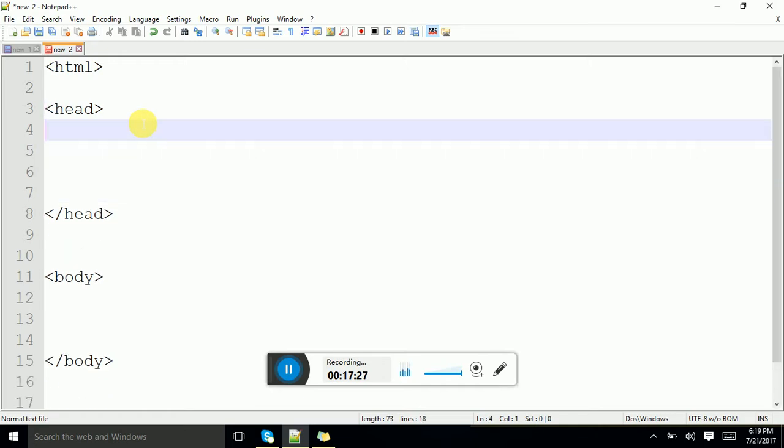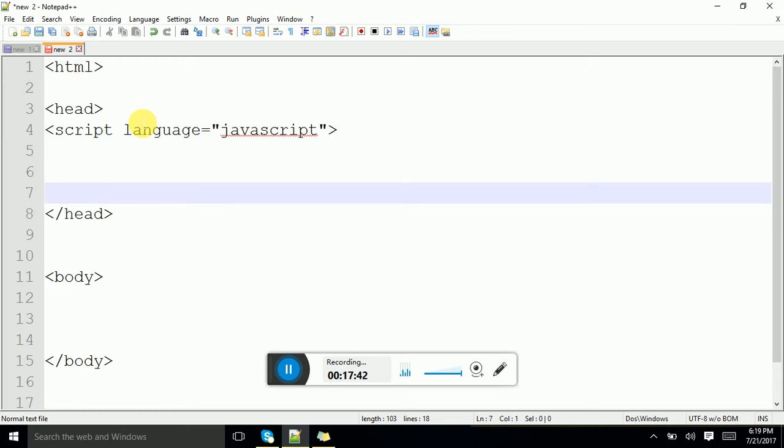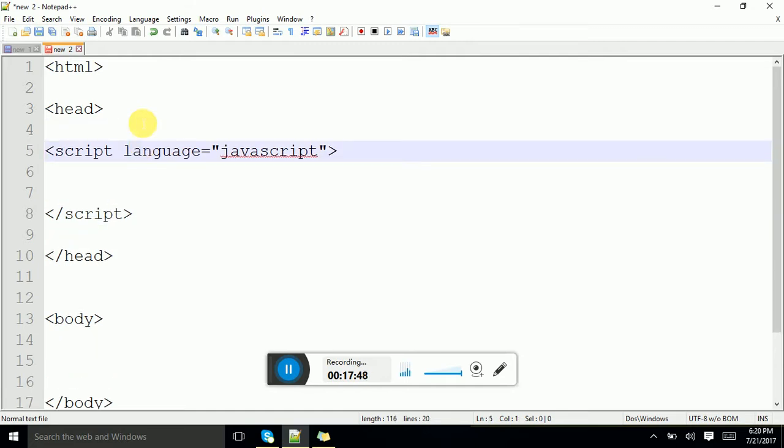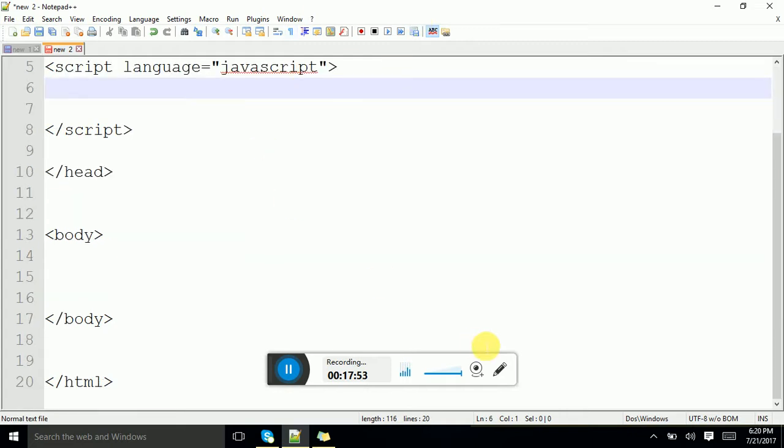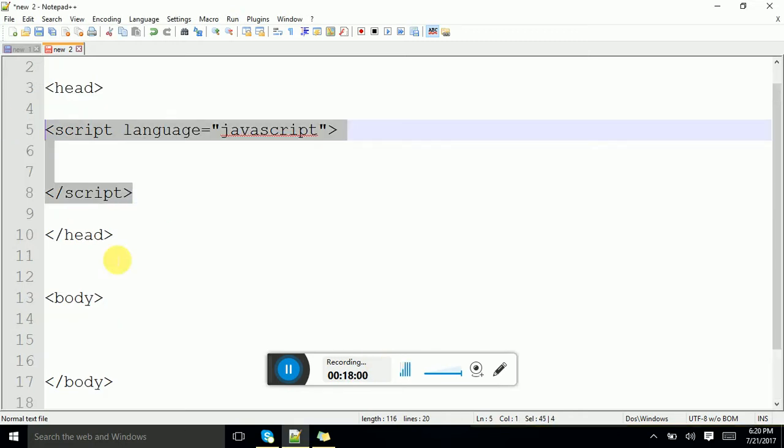Okay, script language equal to JavaScript. Okay, fine, leave that. Now some people will be writing this JavaScript code within the body also,